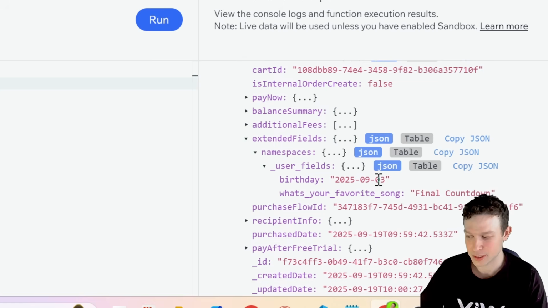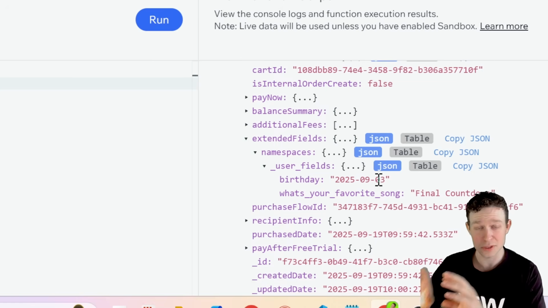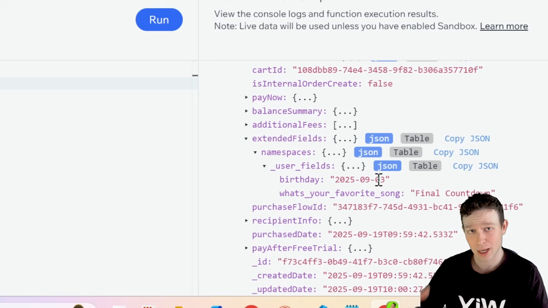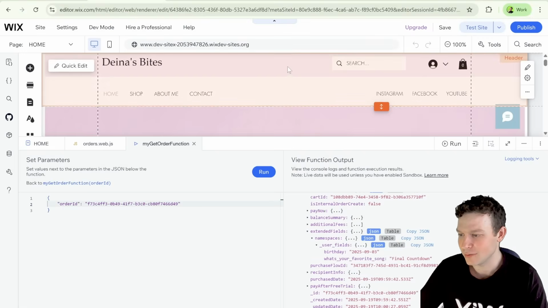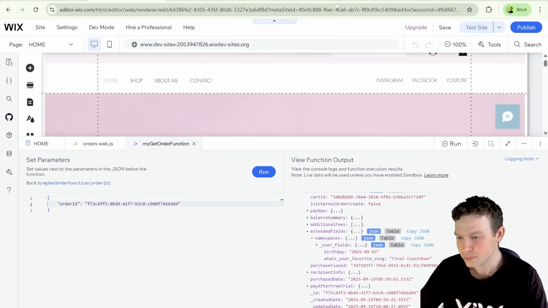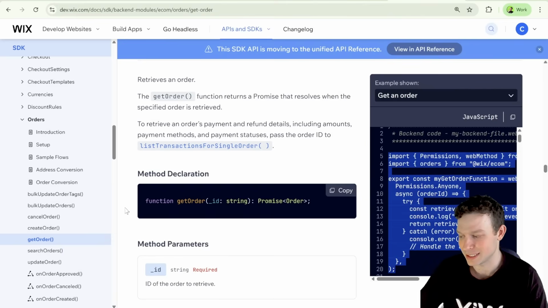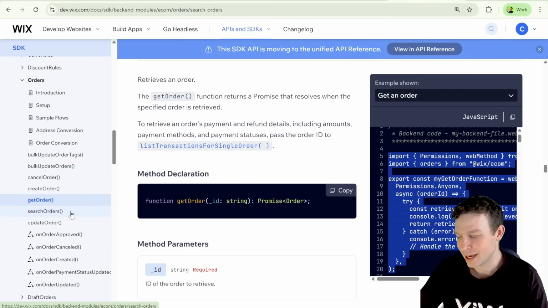our custom fields. So now, in terms of building blocks, you have a way, using your backend code, to retrieve the data of your order, including those custom fields, which already gives you a little more power and a little more control. Now let's discuss some other APIs which may be even more useful for creating a streamlined workflow. If we go back to our documentation, one more API that we have